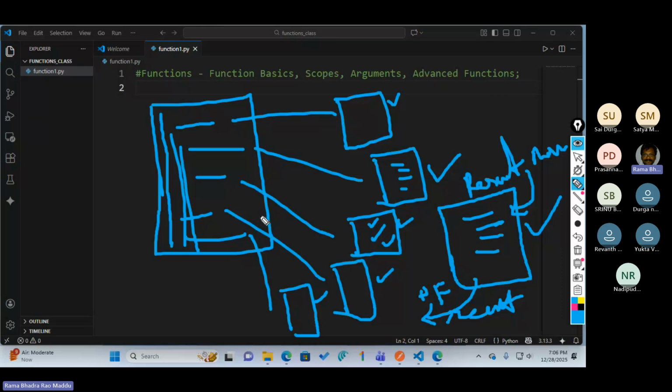Every function is nothing but a small piece of code. It is also just like the main program, but it has the facility to take some input, process something, and give some output. Assume, for example, you are organizing a family function.